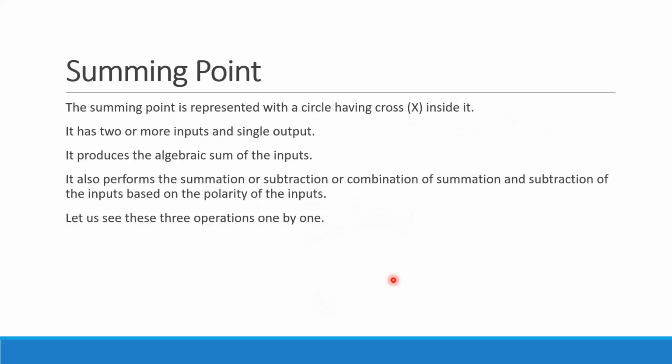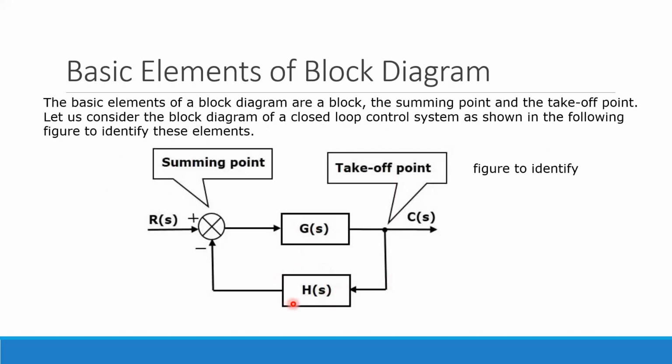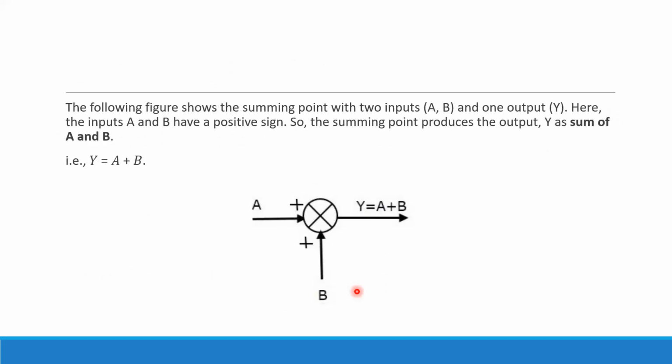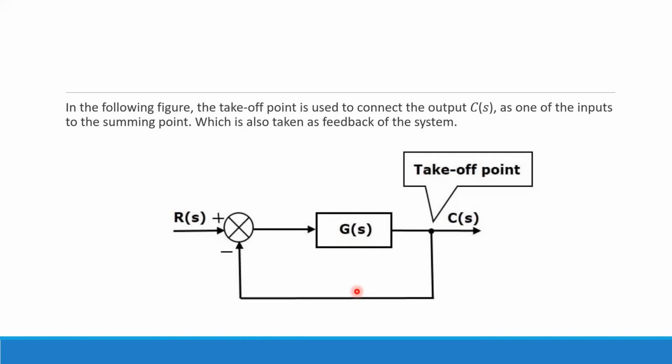Now let us see the feedback system here. For this G of S, this is input and this is output. But for this H of S, that is your feedback element, the same output is treated as input. So your output becomes input for another system. Like that, whatever is coming in is your input, whatever is going out is your output. So you can use the takeoff point as a point of input for your feedback element.